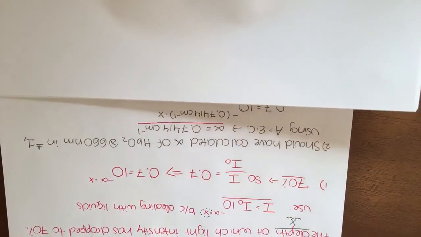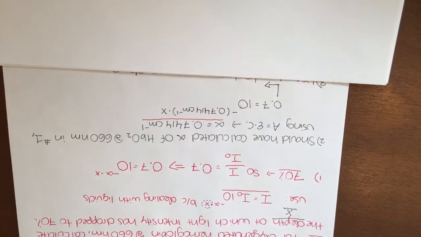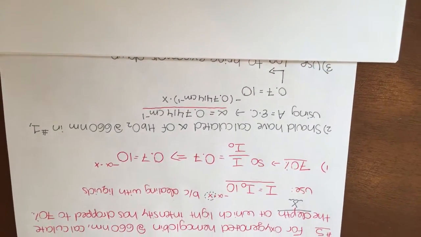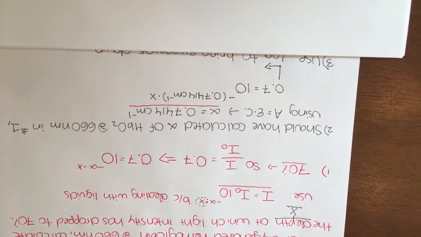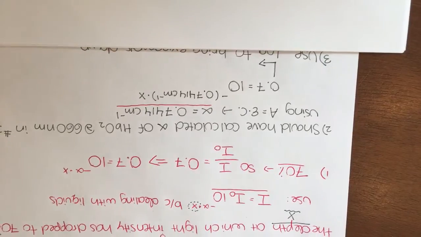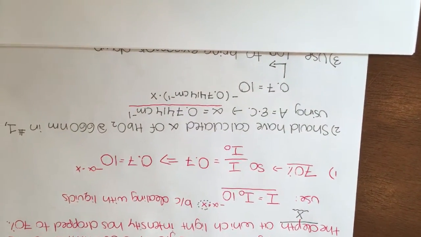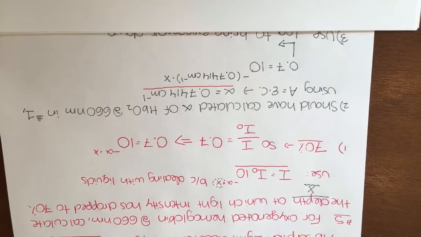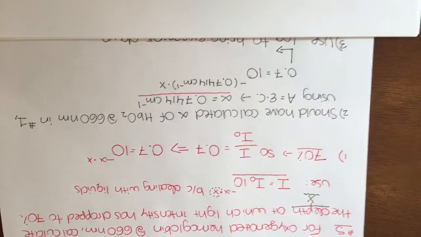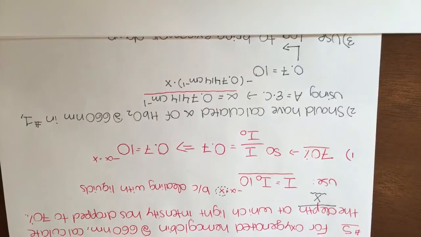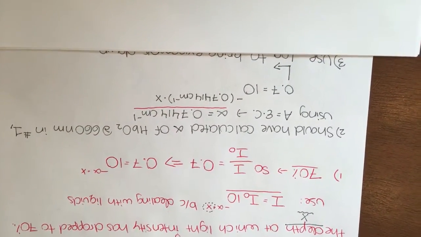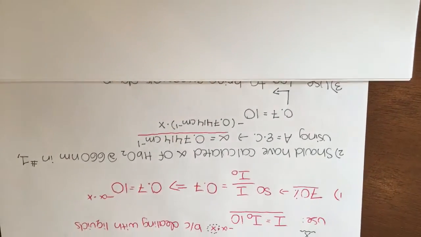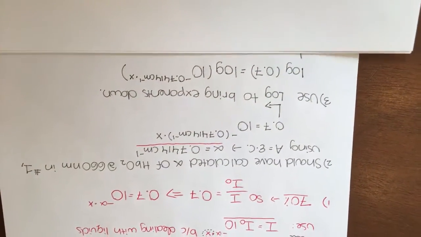The next step is to insert our alpha, which we should have calculated in problem number 1. If you haven't, you'll be using Beer's law, and through that you should have gotten, or at least using the values that I had, I got that alpha was equivalent to 0.7414 inverse centimeters. So plugging that in, you then have to use log, which confused me for a while because I was trying to use the natural log,